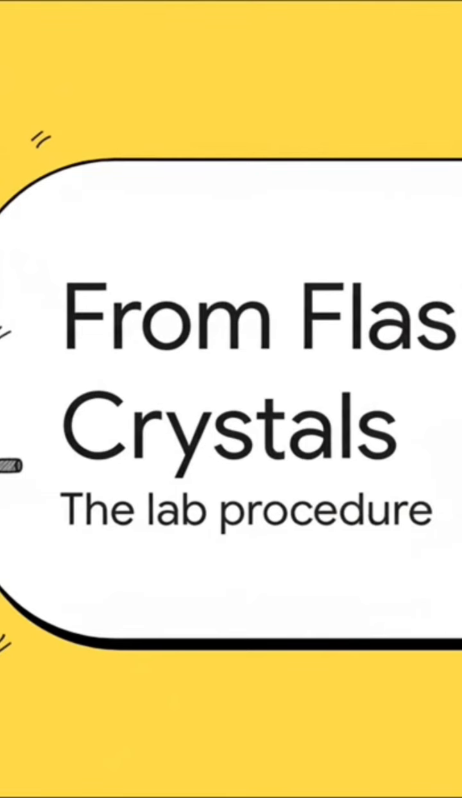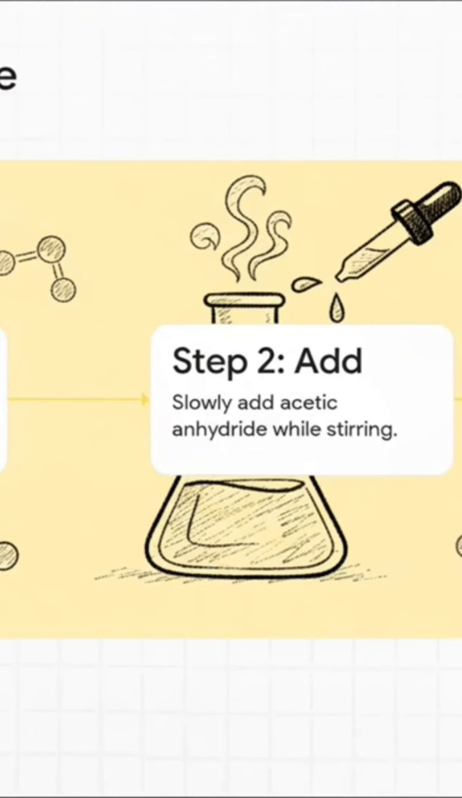Let's get out of the diagrams and into the flask. So here's how it goes down. You put your aniline in a flask, and then you start adding the acetic